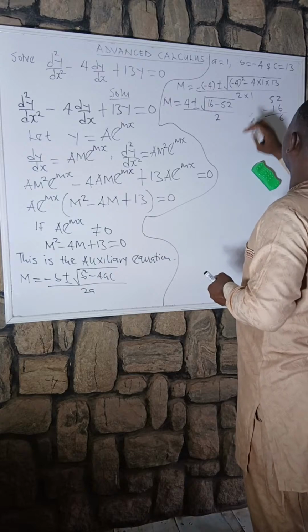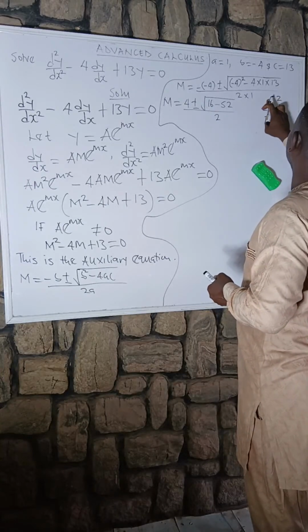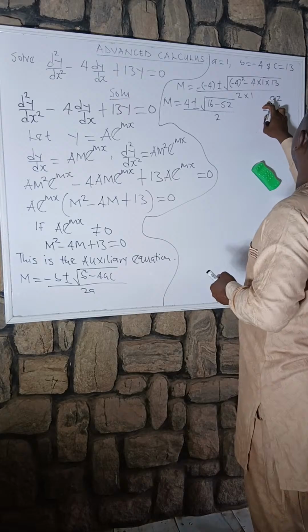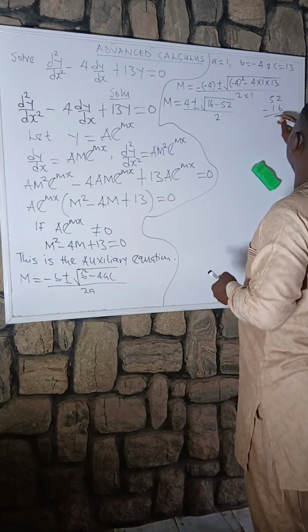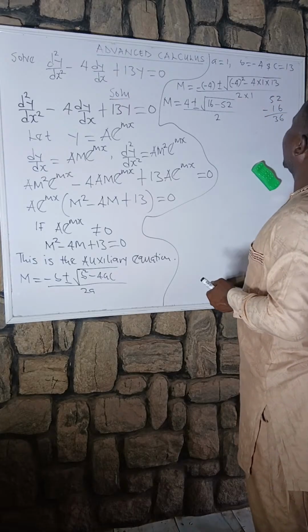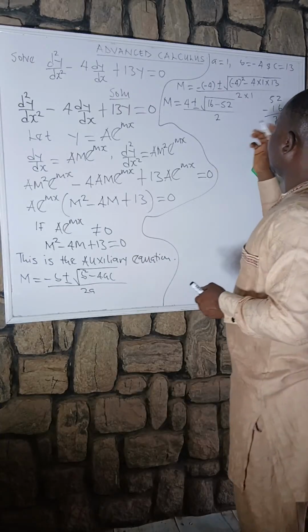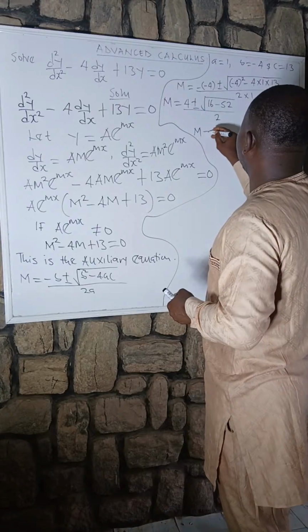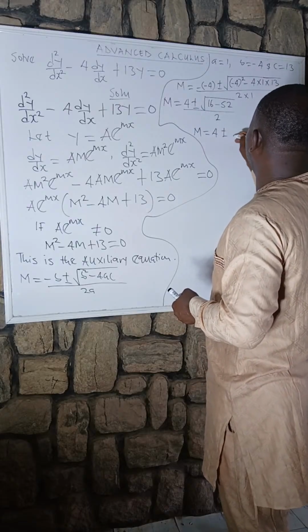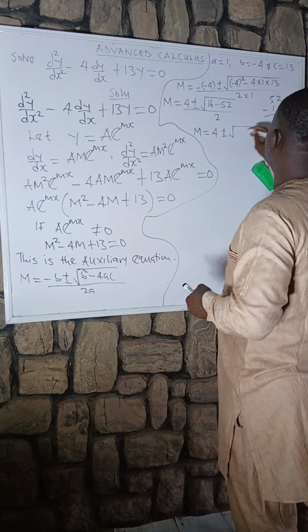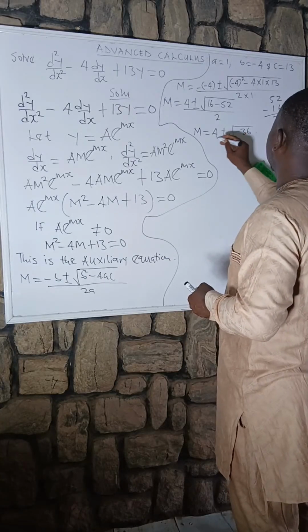Then here is what? 4. 4 minus 1 is 3. So we are going to have minus 36. Am I right? So our m is equal to 4 plus or minus the square root of minus 36 all over